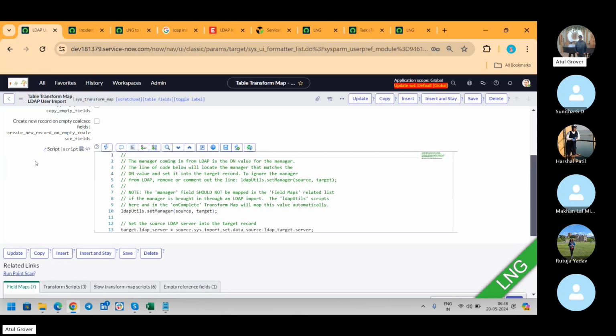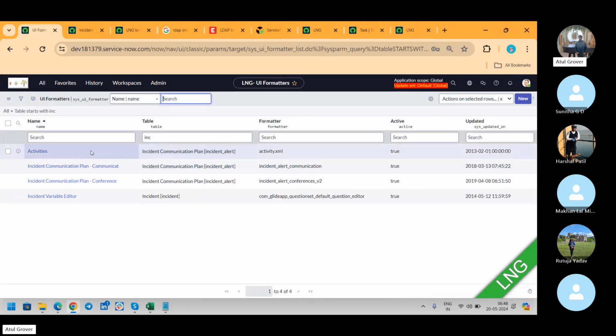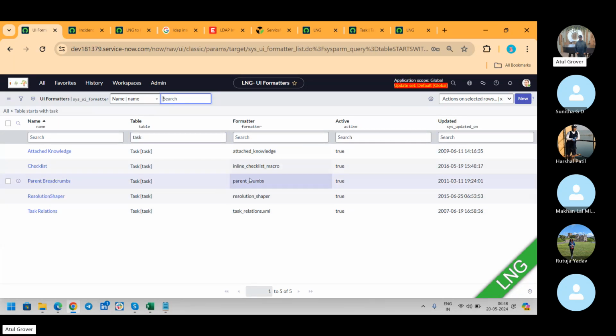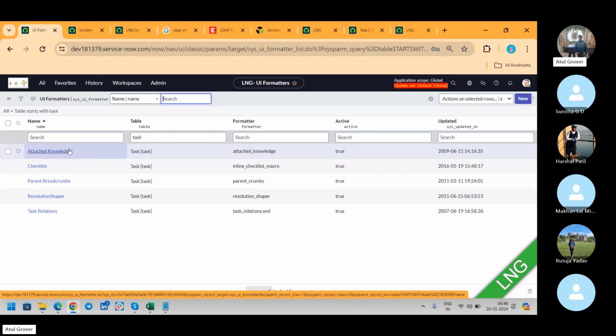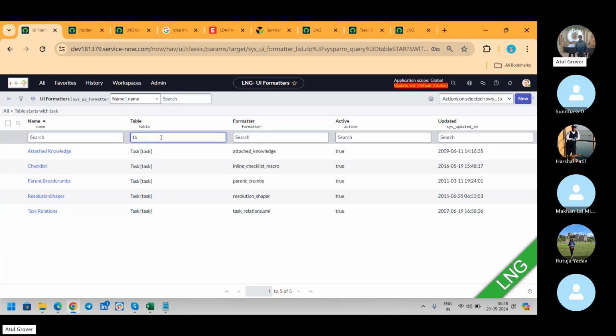यहाँ पर the formatter work mainly on the, what I can say, XML format. ये XML में काम करता है, so I can show you some tables here. देखो ये एक्टिविटीज, ये देखो ये इंसिडेंट टेबल पे नहीं है, टास्क टेबल पे देखें हम जरा, इनलाइन इस पे भी नहीं है, ऐसा क्यों है? लेकिन ये अटैच नॉलेज इज अ फॉर्मेटर, चेकलिस्ट एंड ऑल द थिंग्स आर फॉर्मेटर्स। जैसे हमने उसका देखा चेंज में प्रोसेस फ्लो था,